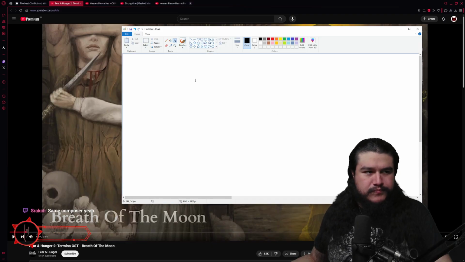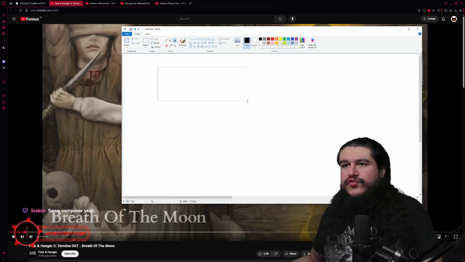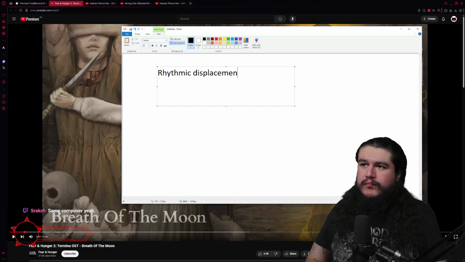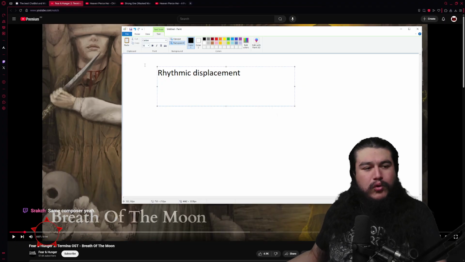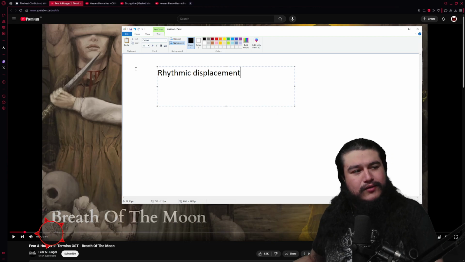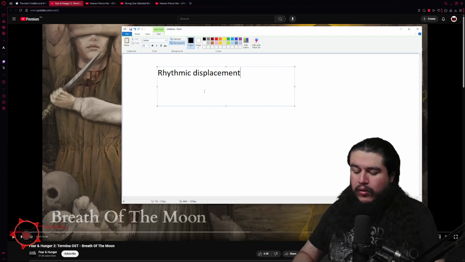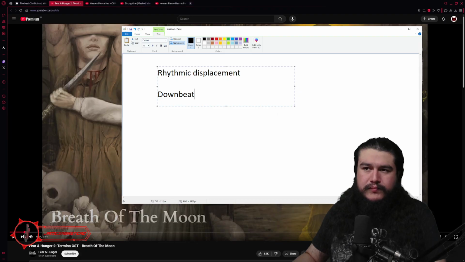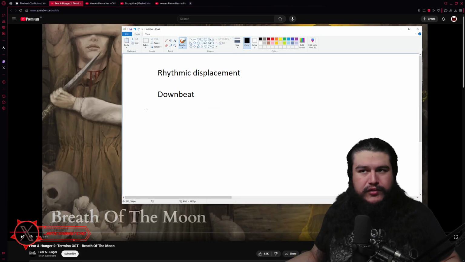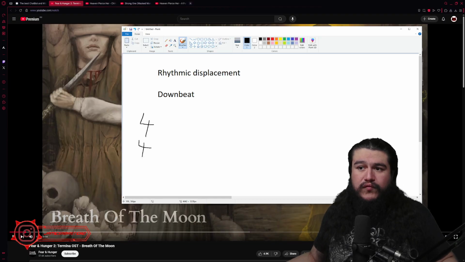So Miro, Havringen. So we start with what is called rhythmic displacement. The drums are likely not playing what is called the downbeat. In every piece of music, you will have a time signature. Overwhelmingly, in Western music, we use 4/4. The upper number is the number of